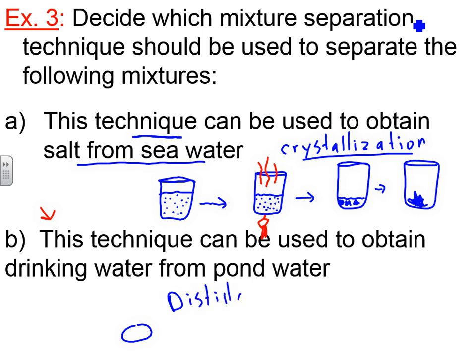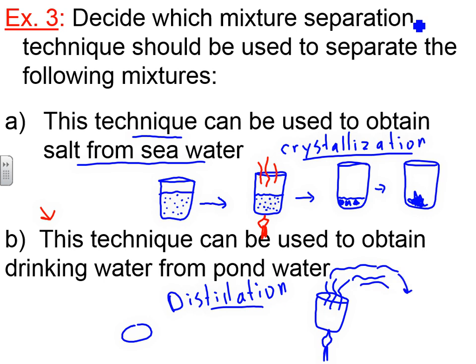What you do is you take your pond water, and what you'll have to do, again, is probably use a special apparatus, the distillation apparatus. But if you heat the water up, what you're doing in this case is you're actually capturing these water vapor fumes and putting it in a separate container, and that will make pure water. So this will be pure, whereas down here at the bottom you'll still get dirty pond water left behind. So you want to use distillation for this